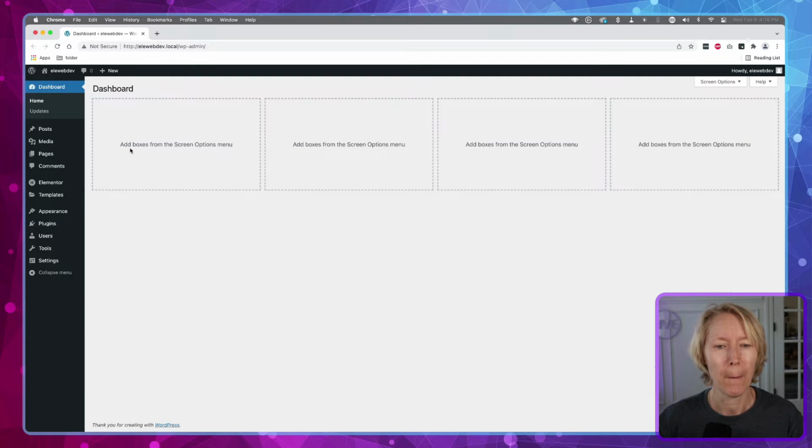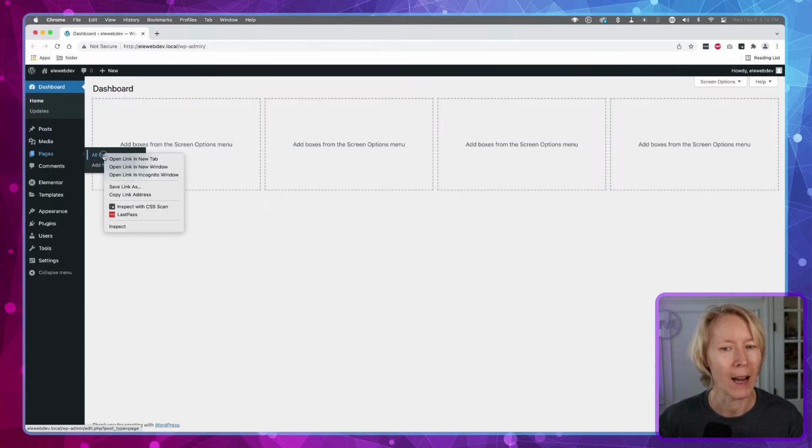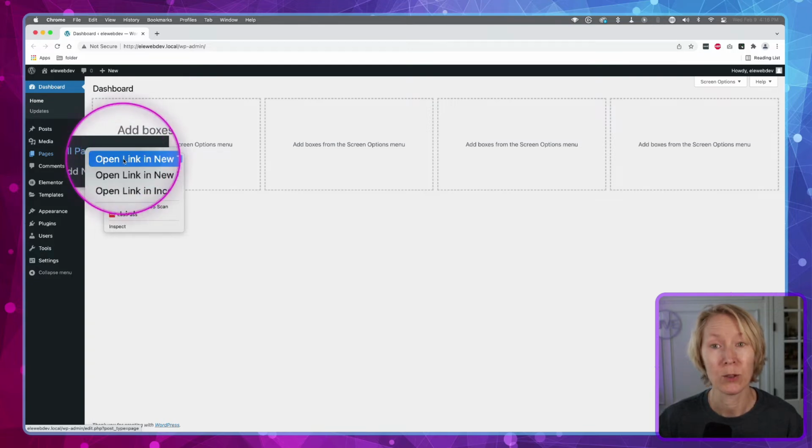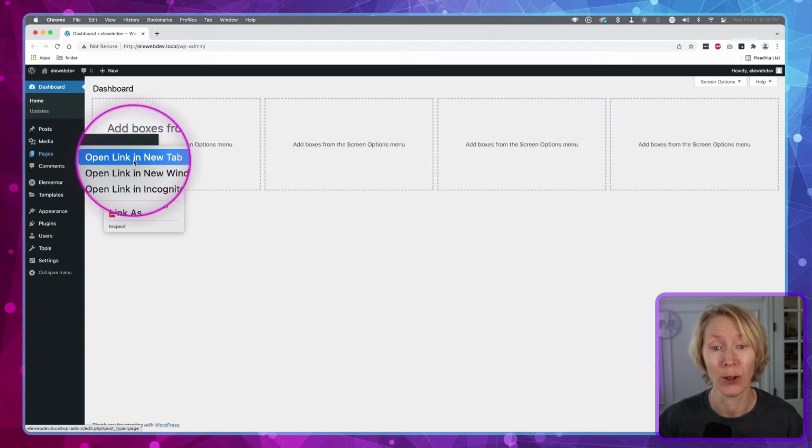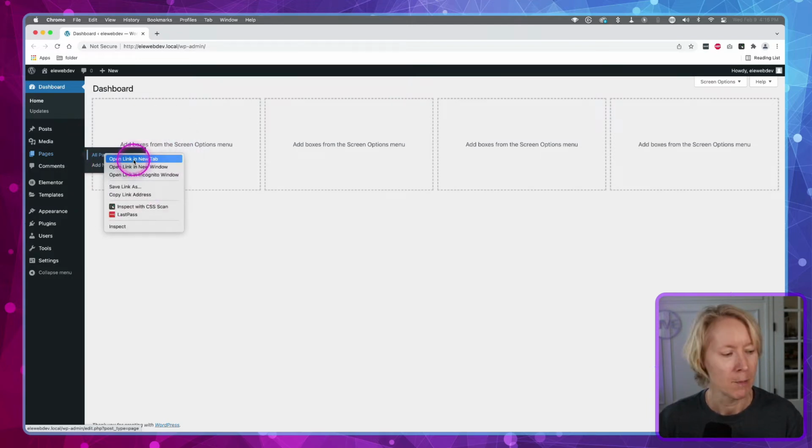So for example, let's go to Pages. And there comes a little bit of muscle memory. When I hover over all pages, I'm not just going to regularly click on all pages. I'm going to right click. And when I right click on all pages, I have Open in New Tab. Open in New Tab is going to be your friend, so please learn to right click on links and Open in New Tab, because that is what's going to help us out in this situation.